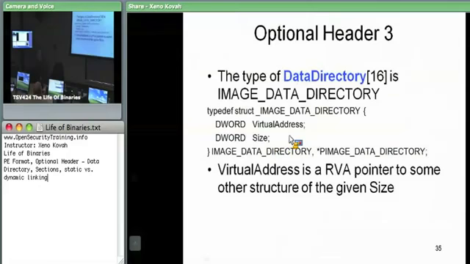The size is used for, sometimes this RVA points at an array of structures, sometimes it points at one structure, but really the size is more for, if this virtual address points at an array of structures, the size will tell you how many of them you should expect based on the size of the data structure they're pointing to. Yep. So,